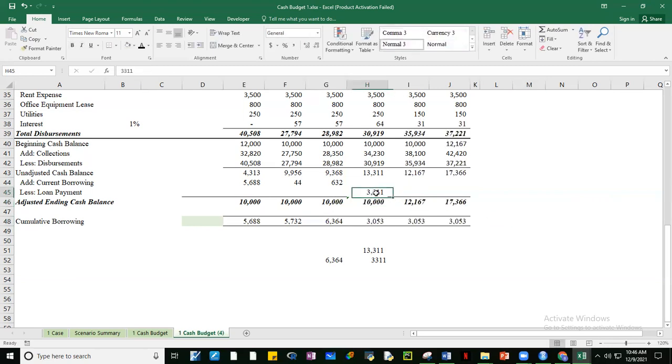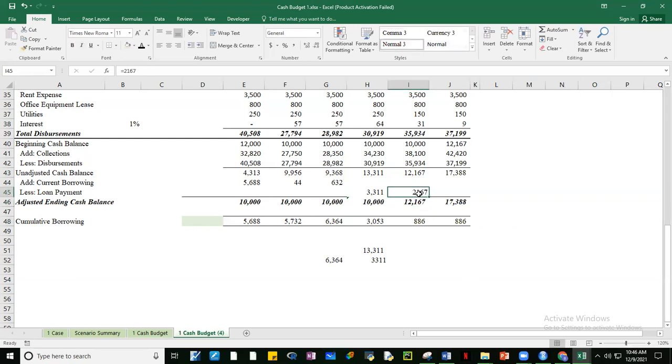Okay? 3,311. Okay, so pagdating dito, guys, 12,000, magkano lang utang? 13,053. Okay, pwede ba natin bayaran tong 13,053 na to? Hindi pa pwede. Kasi pag binayaran natin ang buo, anong mangyari, guys? Bababa tayo ng 10,000. So dapat, ang ibabayad lang natin, yung excess lang sa 10,000 ito. 2,167. Okay?